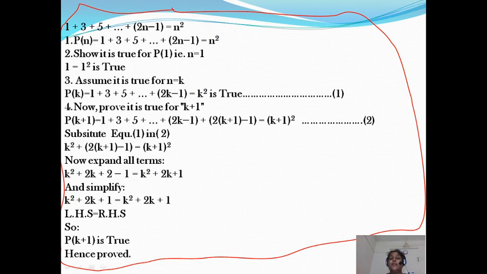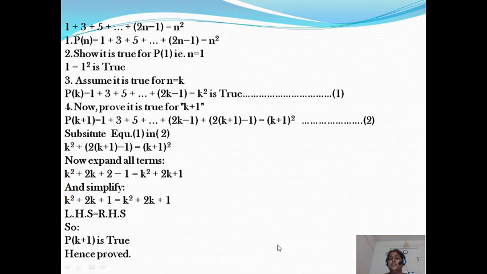So you must keep in mind, every time you appear for an exam in theory of computation, you must have an example in your mind about mathematical induction. Any example you can take, I am giving this example, that is no problem. Then you must write the procedure like this. So these are the two types of questions that have been asked in theory of computation. That is about the theoretical side.